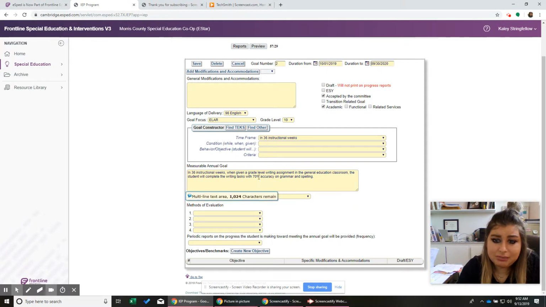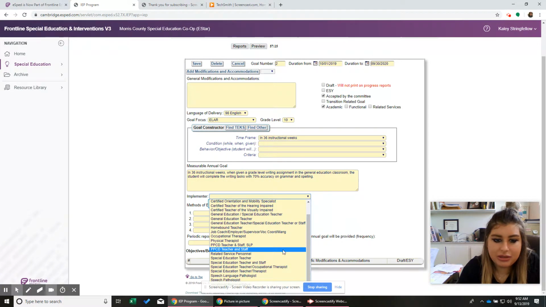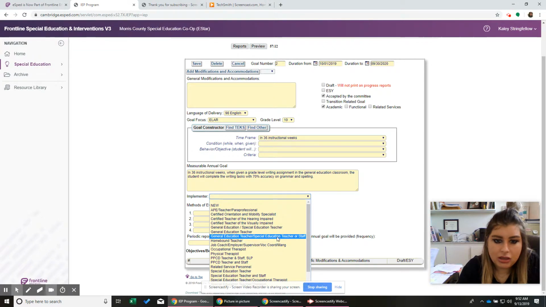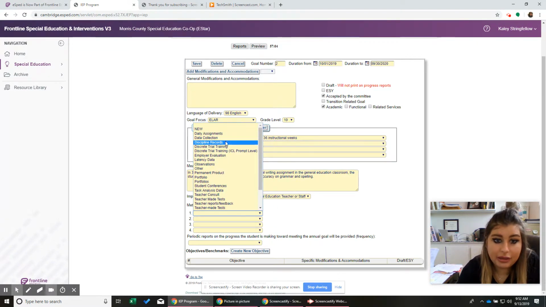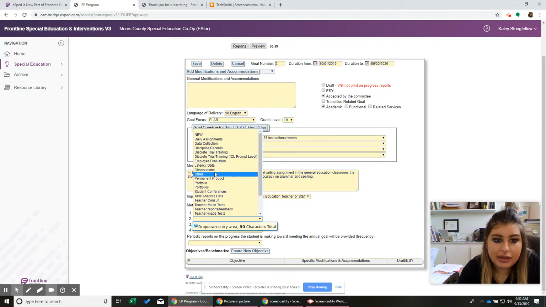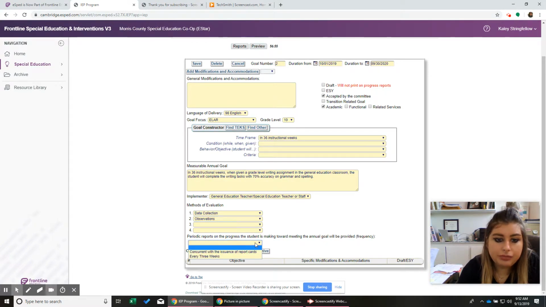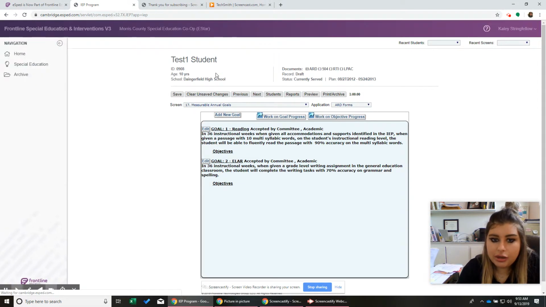There may be a better way to work that. I'm gonna think on it, and if it's obvious, I'm sorry. So again, gen ed, special ed, or you can say gen ed, special ed, or staff. If there's an aide in there, that might help y'all out. Aides, paraprofessionals can collect data and you can report it. That is totally awesome and fun. Concurrent, boom. We are done with goals.